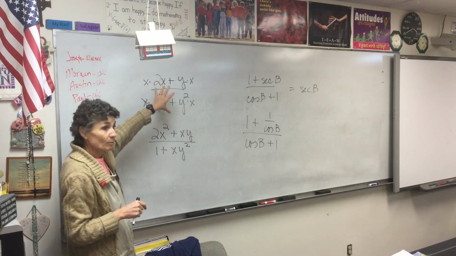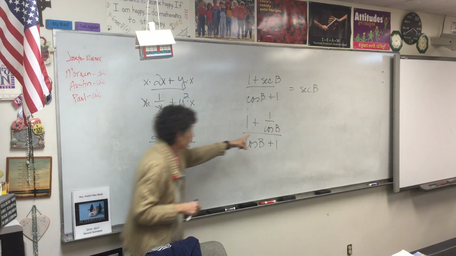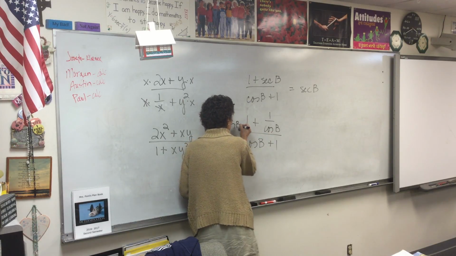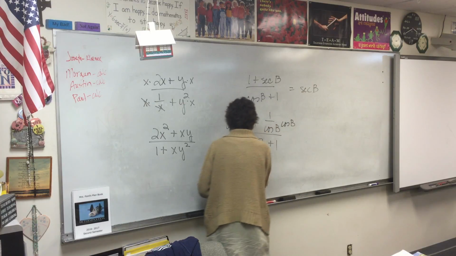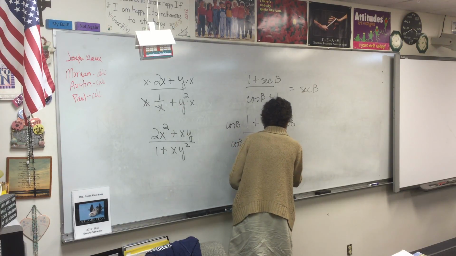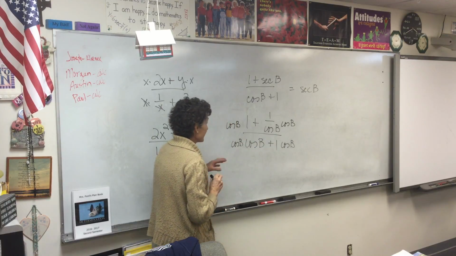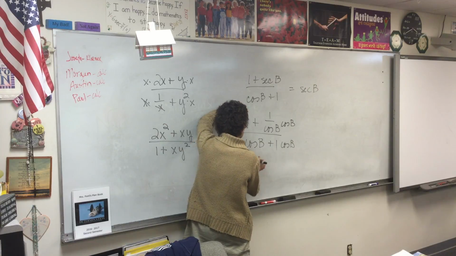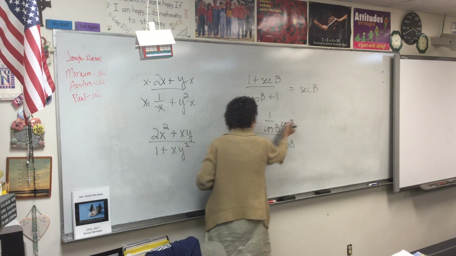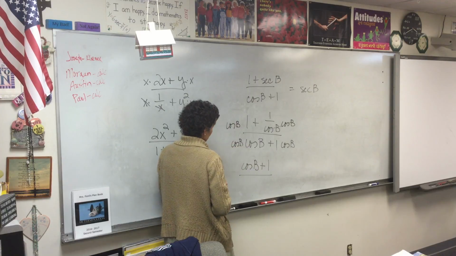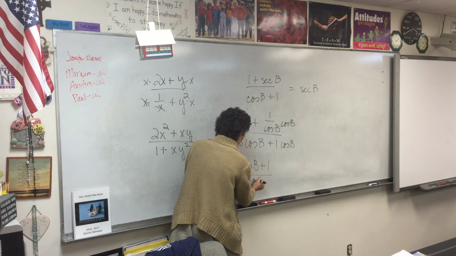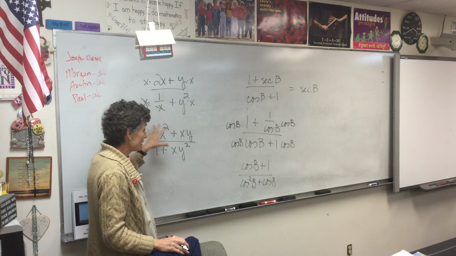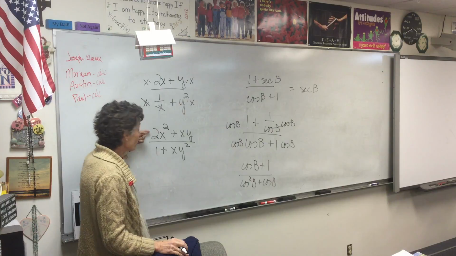Now, do you see how we have kind of what we had here? We have this little fraction buried inside the big fraction. So I'm going to multiply everything by cosine. Now, what's that leave me with? What do I have here? Cosine plus 1 over cosine squared plus cosine. Now, you remember over here, after we got that step done, we noticed we could factor